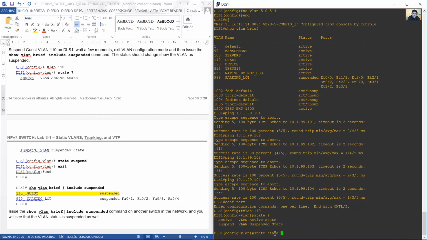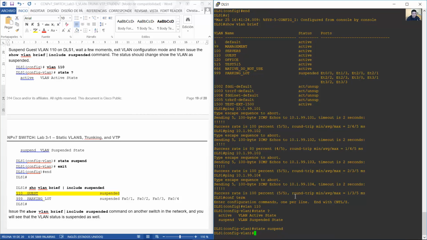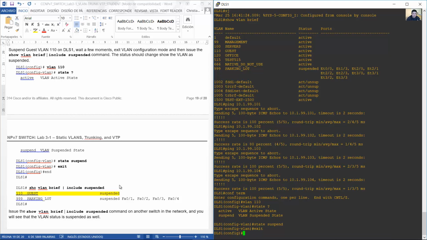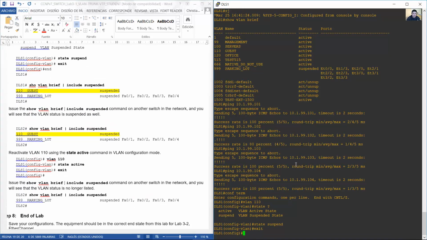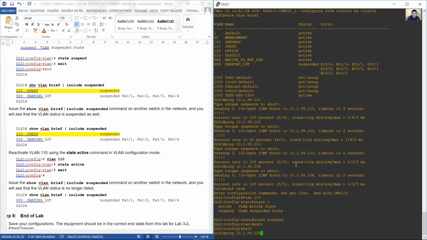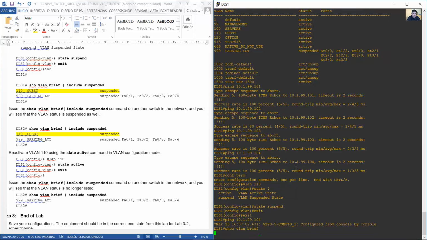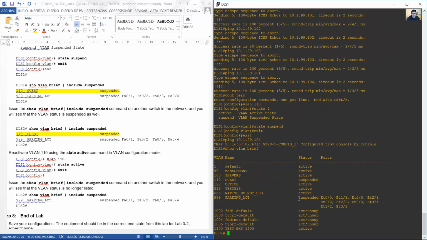Use suspend, state suspend, exit, exit and verify. Show VLAN brief. Okay, it is suspended,